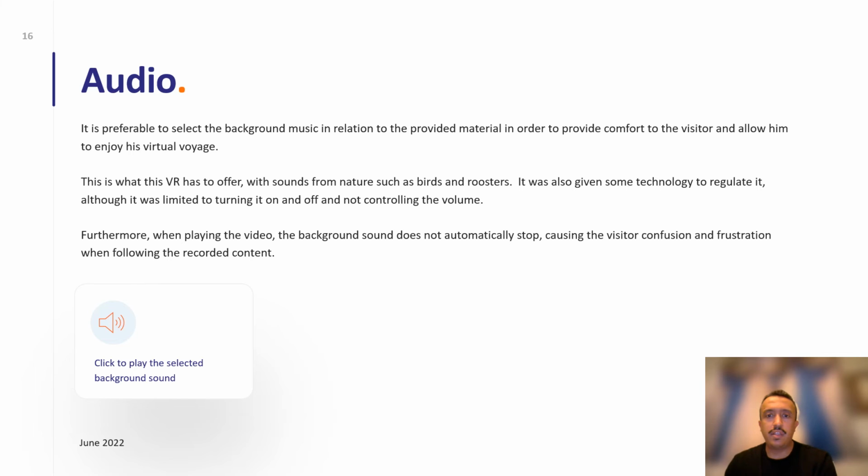Actually, the background sound does not automatically stop when we click on some items in the virtual exhibition. So the background audio is working, and the specific audio for the specific items is also working together, which actually causes the visitor confusion.